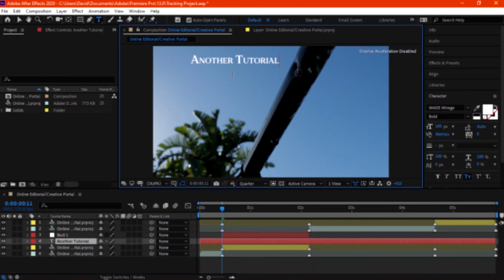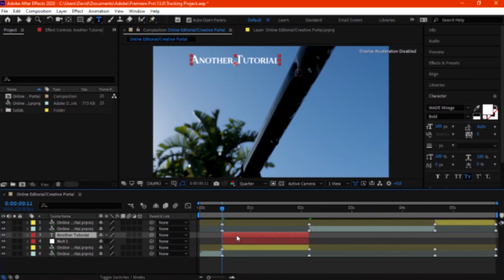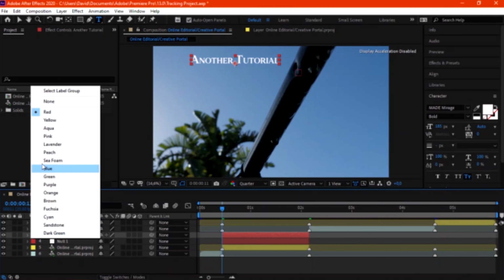You can basically set it anywhere you want in the clip. In my case, I'm just going to put it up there. And you need to make sure the text is also the same length as the clip or the null object. Then you're gonna attach the null object to the text.